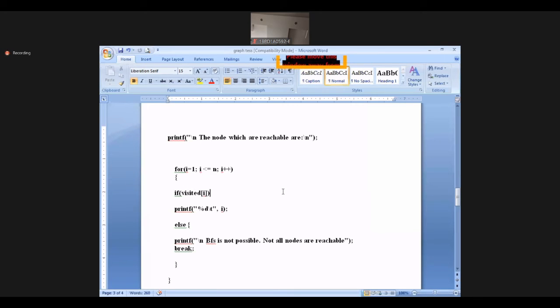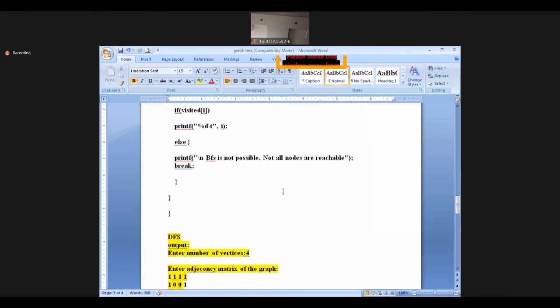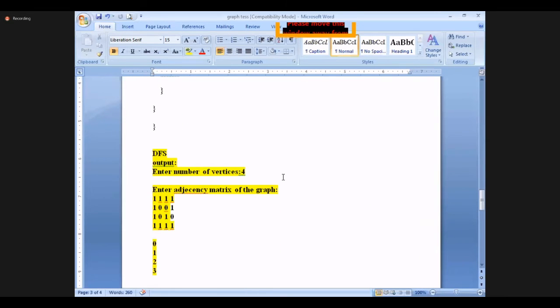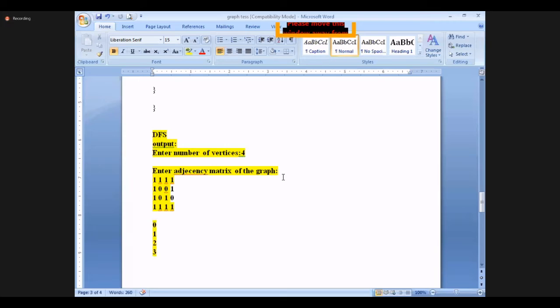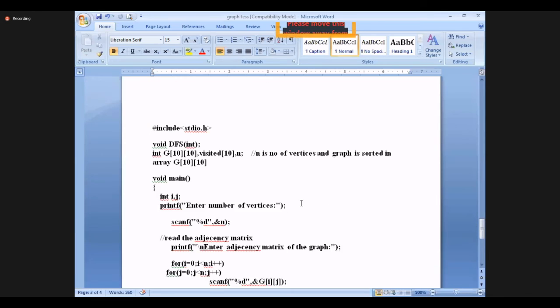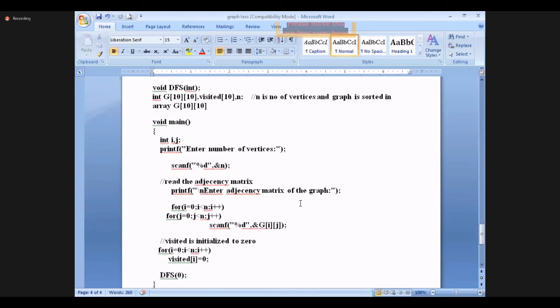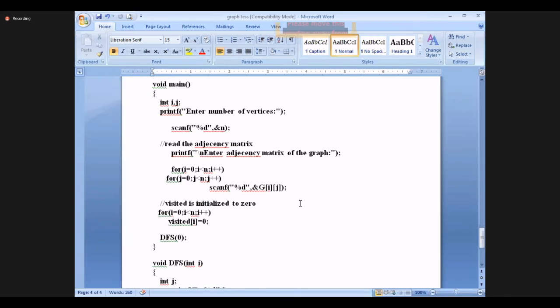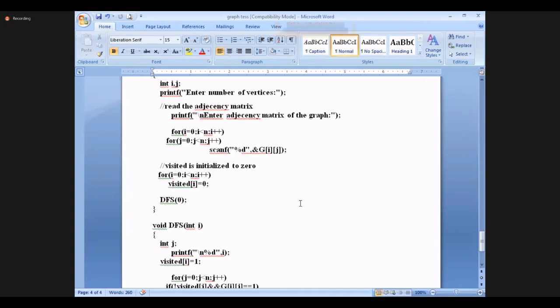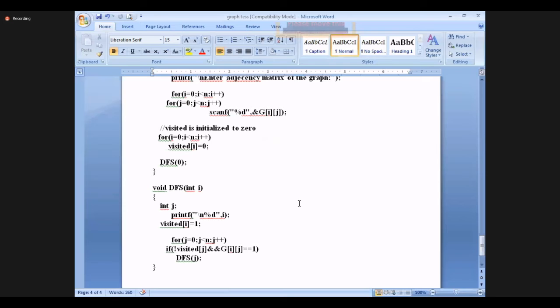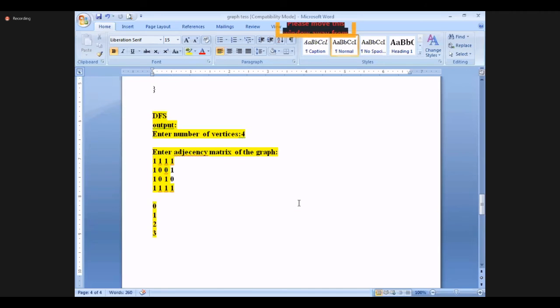In the same way, we will do the DFS also, the DFS function. But in the DFS function, we will make level 1, level 2, level 3 also.